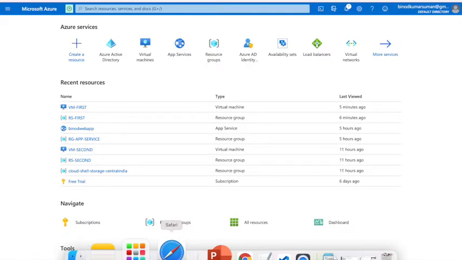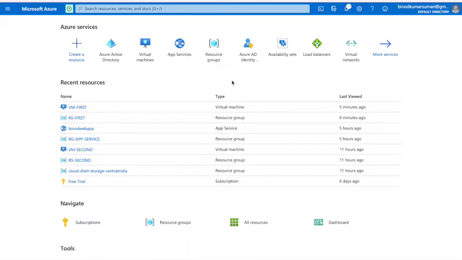So I have opened the Azure portal, azure.com, and I hope you have your account and valid subscriptions to do this hands-on. So first we can create one tenant, but anyhow I will show one thing.